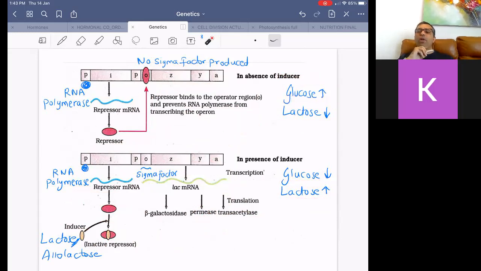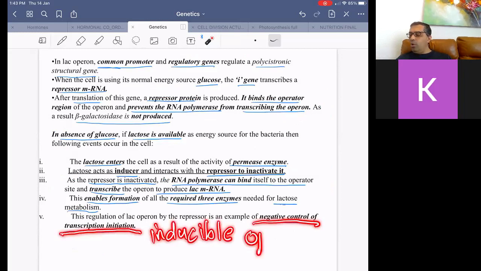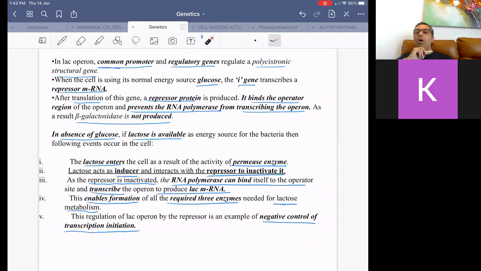So beautifully controlled is this excellent mechanism called the lac operon, and this is called a negative control of transcription initiation, and an inducible operon. Lactose itself induces the operon to start, which is called the inducible and negative control of transcription initiation. So it is an inducible operon, which is a negative control of transcription initiation, a beautiful mechanism of switching on